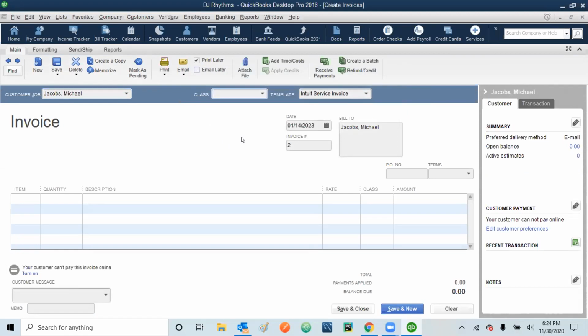And then the date of the transaction is 01/18/23, invoice number 2.